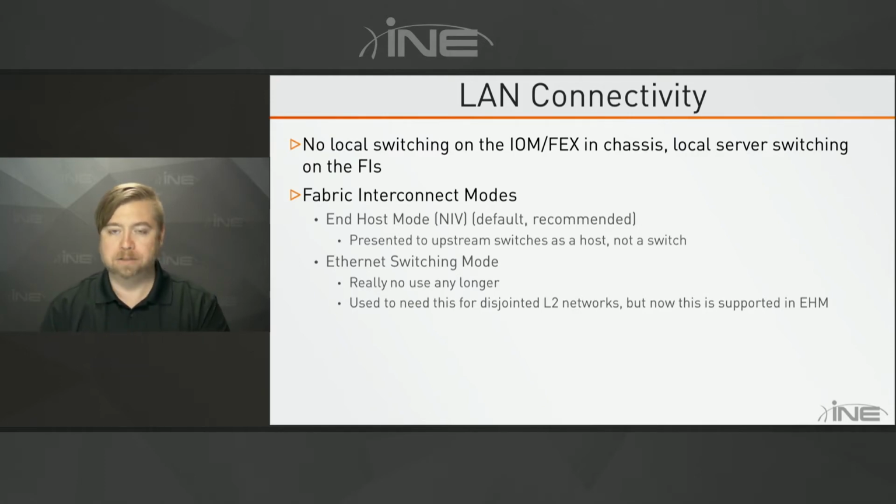So we're going to come back to this when we talk about disjoint layer 2 connectivity and some of the more advanced design problems we run into with the system. But the key is that with the default behavior, when you take the system out of the box, go through the initial dialog, and then go to boot the servers, the Fabric Interconnects are running end host mode both for Ethernet connectivity and for storage connectivity, which changes its behavior from a LAN connectivity point of view different than a